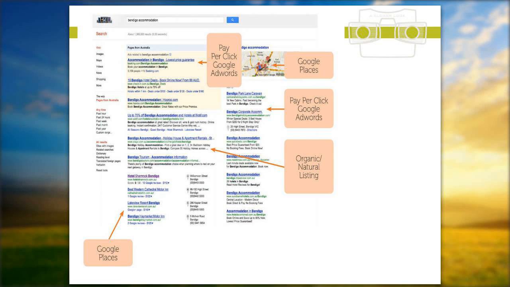And then there's what's called the natural organic listings. And this is the true organic, what you'd call organic search engine optimization. So it's literally someone types in a search and you've got a website that's got exactly those words, and they come to a link on your page and they find you that way.